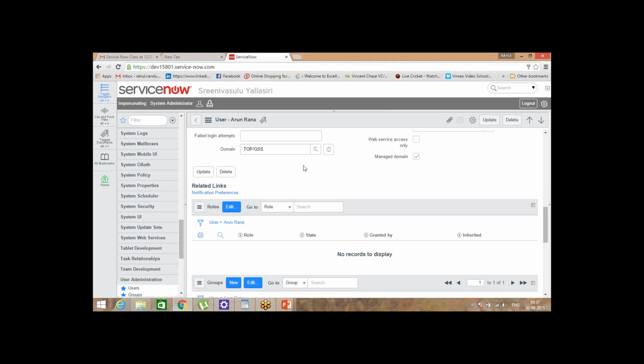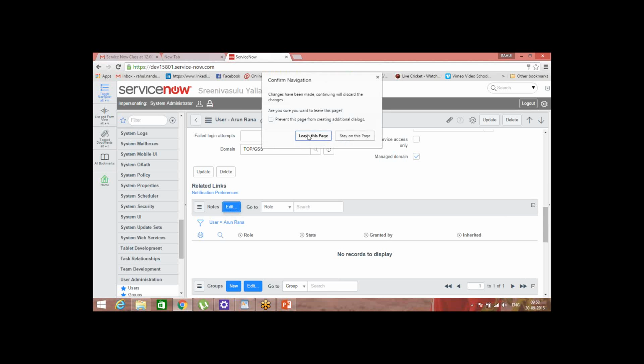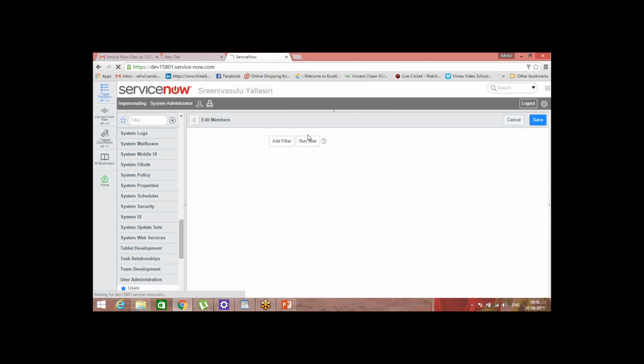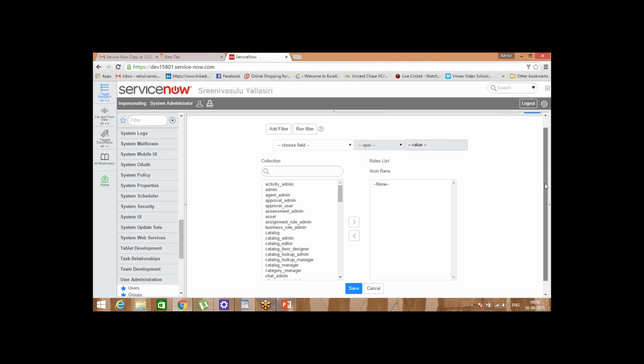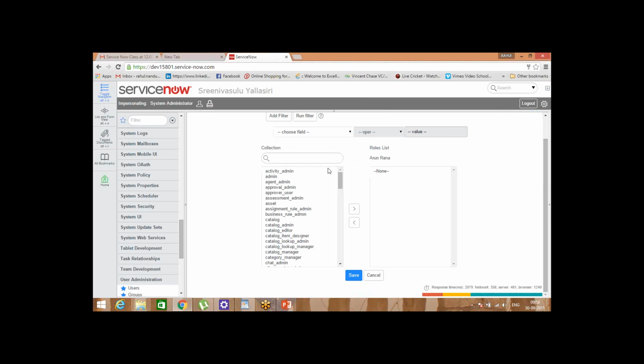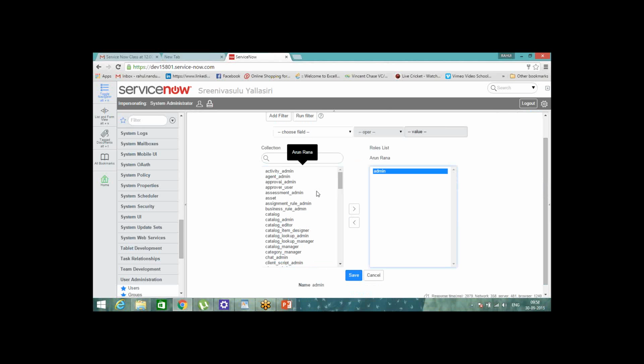If you want to give any extra addition, if you want to give Rana a role instead of admin role, you just edit. Okay, and I can see I didn't give any role to him because earlier Chendu did that. So I've given admin again.